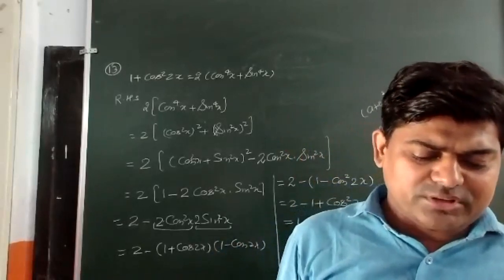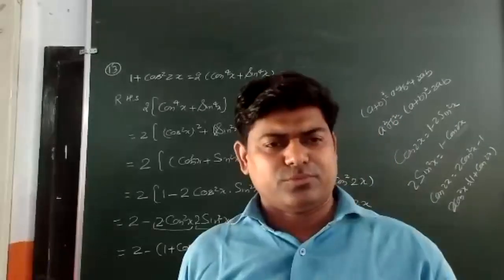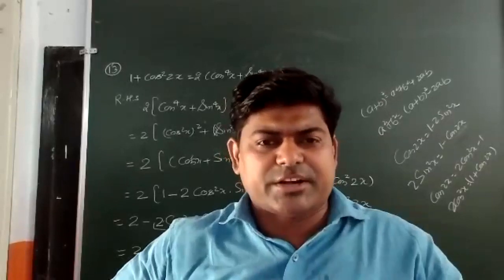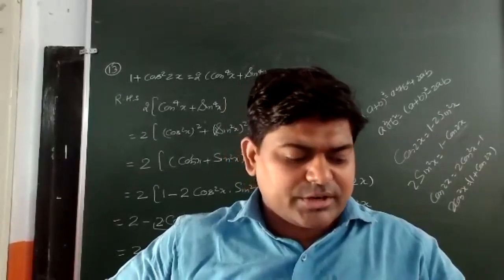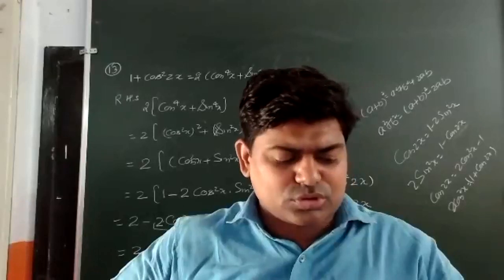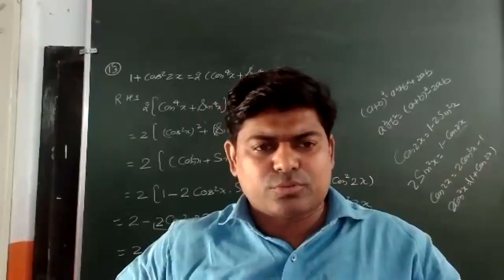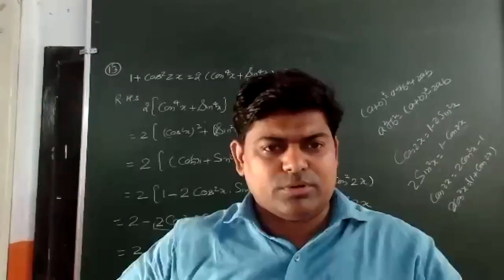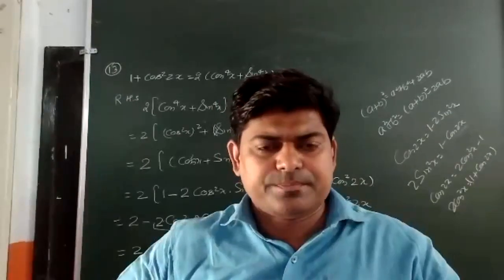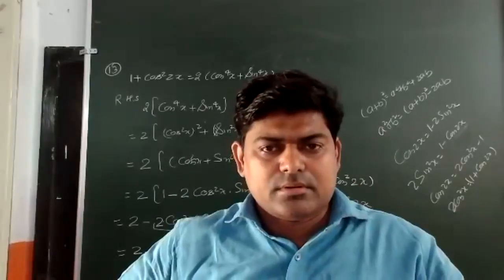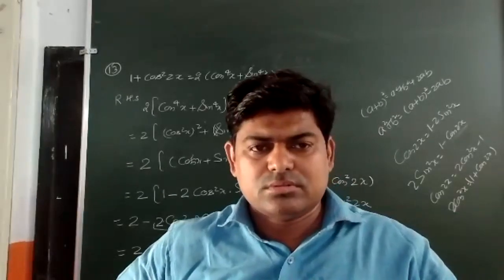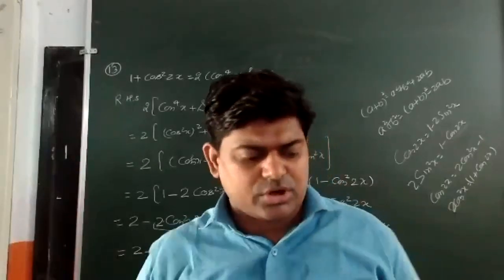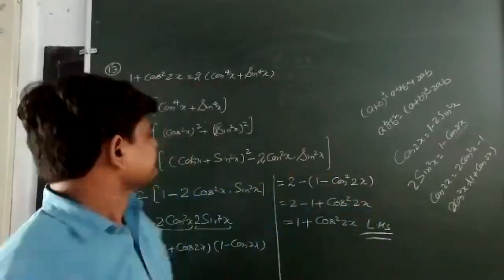You may face a problem because of tan pi by 4, so no problem. If you are facing a problem because of tan pi by 4, you may start with the right hand side. Either it is the second part or third part or fourth part, we may start with tan pi by 4 plus x, tan pi by 4 minus x, whatever is given. If there is any problem, which one do you want, just tell me. Second, third and fourth, because the first is easy, what I am thinking. Second one you are asking. Okay, second, C is asking.